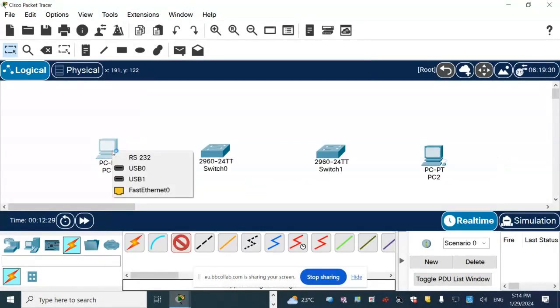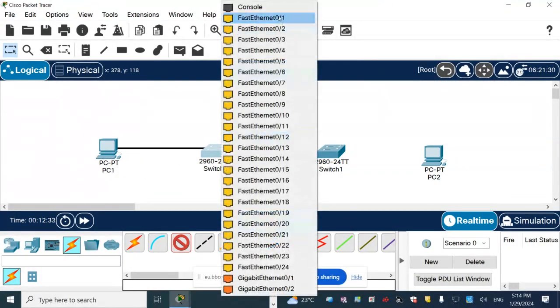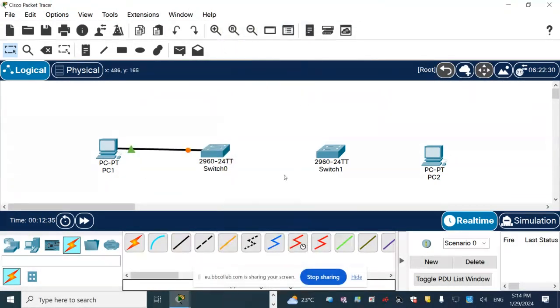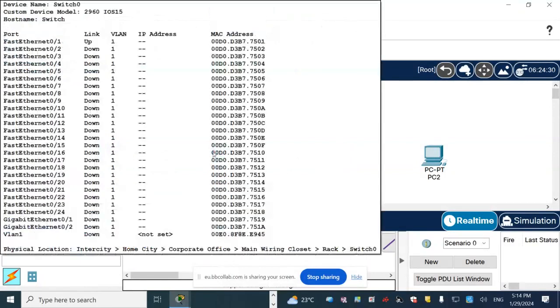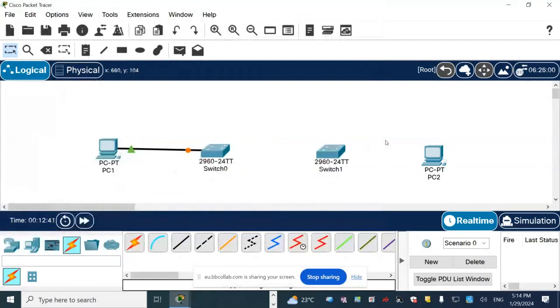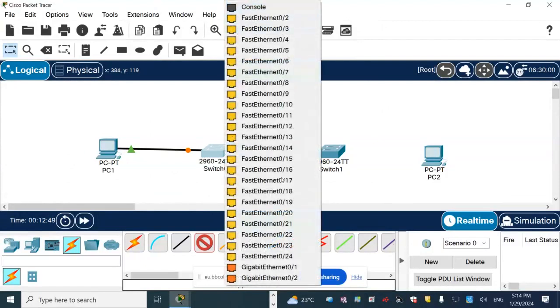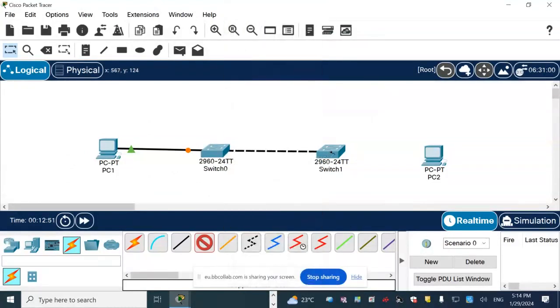Now the computer here will use fast Ethernet, and here we will choose fast Ethernet 0/1 on the switch. Between the switch and the switch, we will use a cross cable, not a straight cable. So we will choose this one, the dotted line. This is a cross cable. And we are going between Gigabit Ethernet 0 and